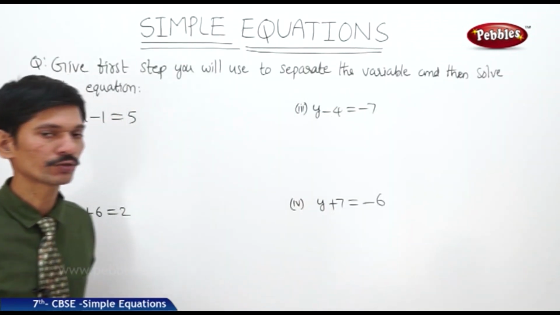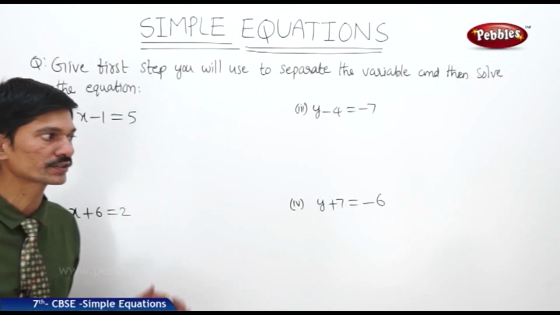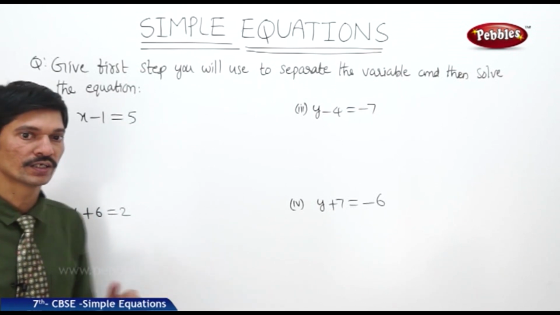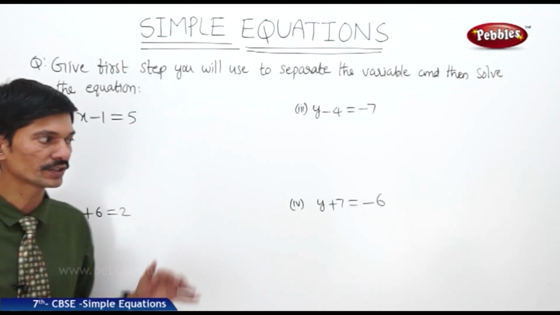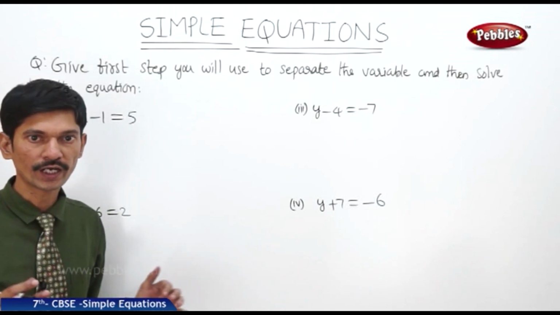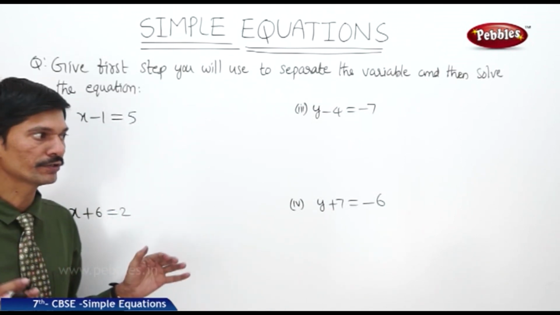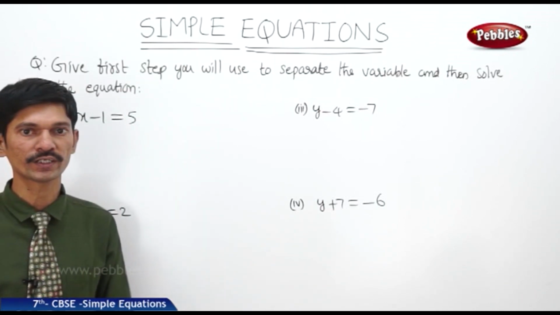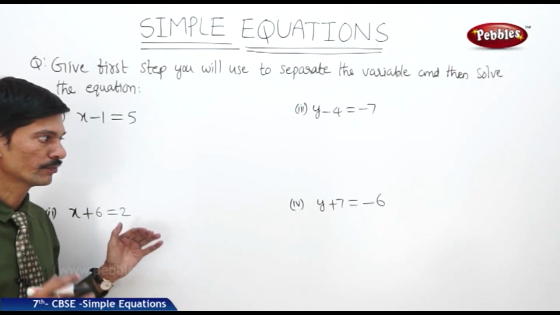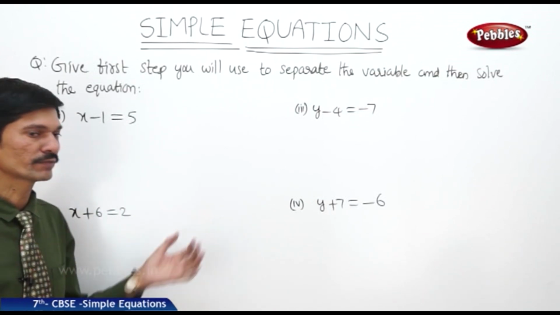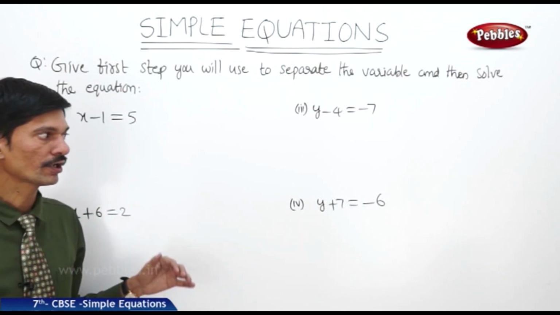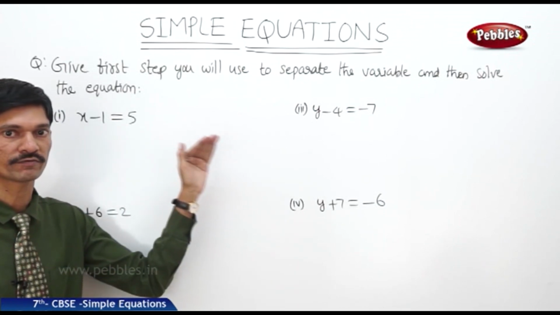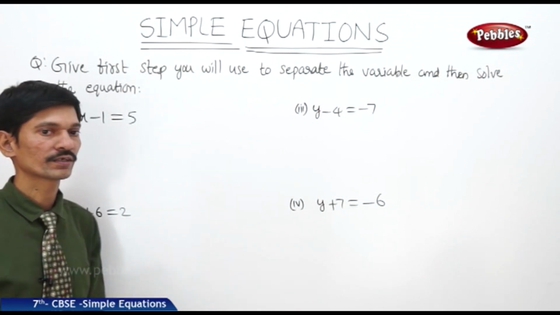So far we have discussed how to solve an equation by applying the same mathematical operation to both sides. That means the equality sign remains the same when you add the same number to both sides, subtract the same number from both sides, multiply both sides by the same number, or divide both sides by the same non-zero number. And we have also compared applying the mathematical operation to both sides of the equation with the weighing balance.